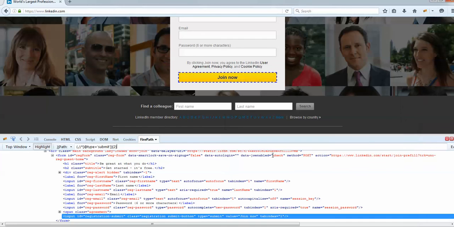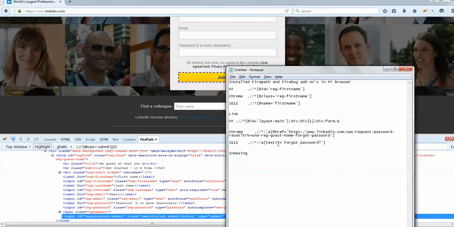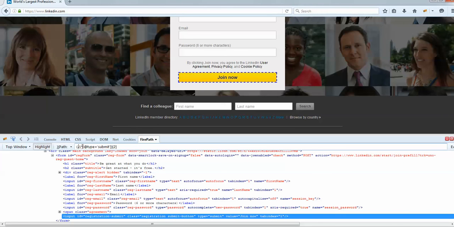Make use of index to uniquely identify your element. The better you identify your element, the fewer times your script will fail. So make sure you always try to give the granular level. Make use of this asterisk, so you don't care what happens from the root till this type, whatever is changing, you don't have to change your script at all. You don't have to touch your XPath. Only if it finds an element of type submit which is coming in the second place, that's when it will go and click or do whatever operation it has to perform.